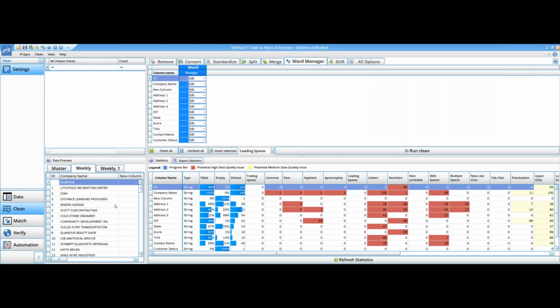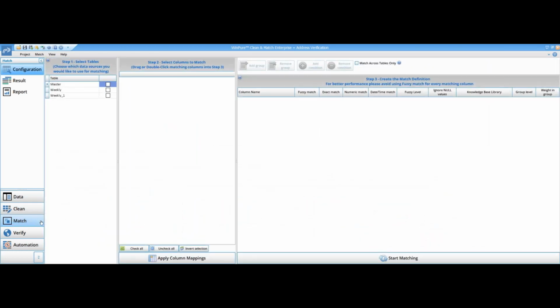out with automation. Let's move over to the match step here, just keeping an eye on the time. So for matching, linking, deduplicating, merging data, we make that very simple. It's also highly configurable for more advanced use cases, record linkage, things like that, for more advanced users. But for a beginner, it's very simple. We're on the match step,